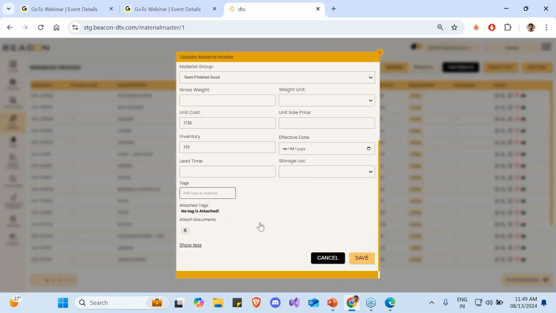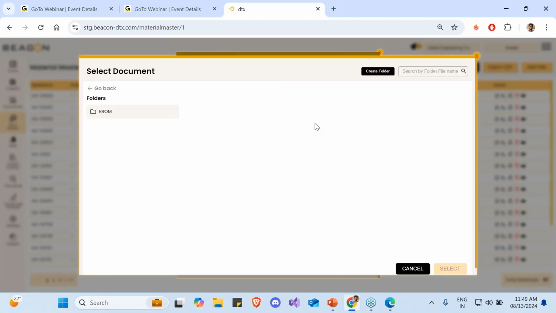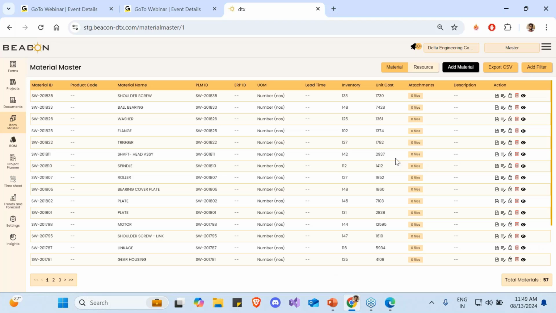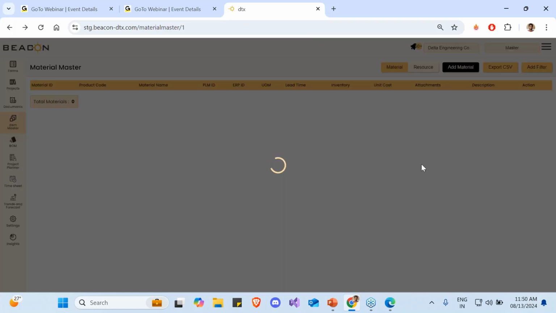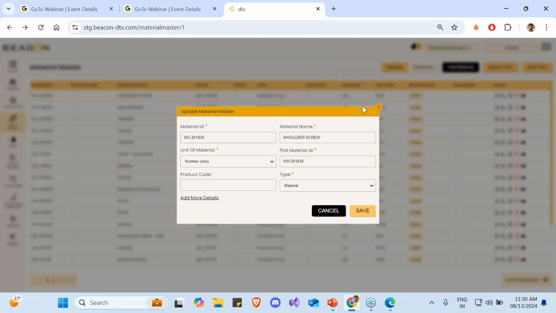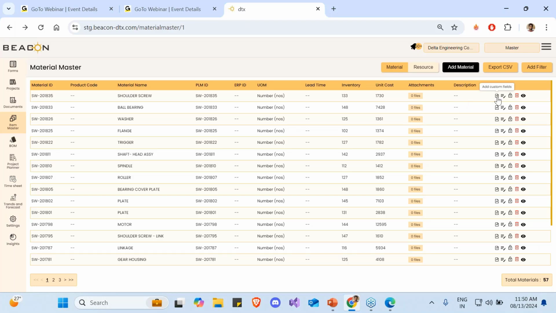So yeah, that's about the properties that we capture. You can also attach any documents with regards to your items. So if there are any bordered items and you want to have certain documents against those particular items, you can attach those, just like how we were doing for the upload documents. And we have custom form, as we were talking about the forms in the beginning, where we can define additional properties. This form is quite empty because I haven't defined anything here. But let's say apart from the properties over here, if you want to capture any other property with regards to your materials, you can always create new fields in the form section, and that field will come across.